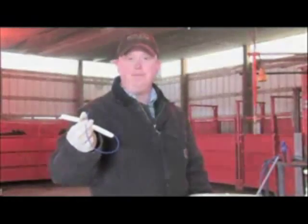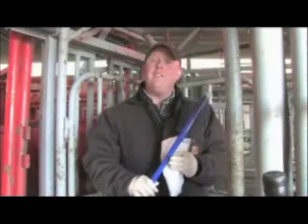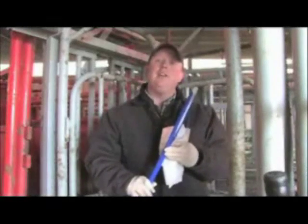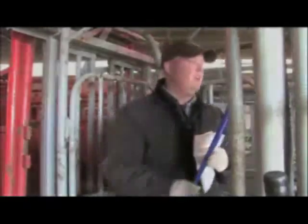the synchronization protocol. Now that we have the CIDR loaded into the CIDR applicator, we'll demonstrate how to properly insert the CIDR into the cow. To insert the CIDR, approach the cow with caution, clean her vulva with paper towels to avoid dragging any fecal contamination into the vagina. Once the vulva is cleaned, spread the vulva lips with one hand